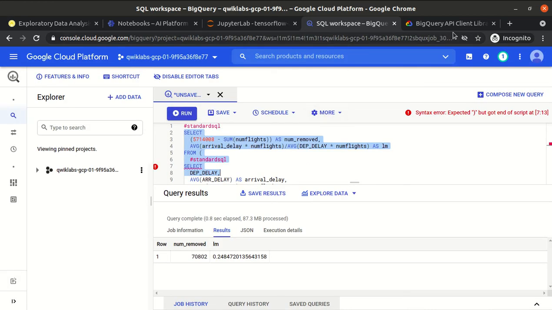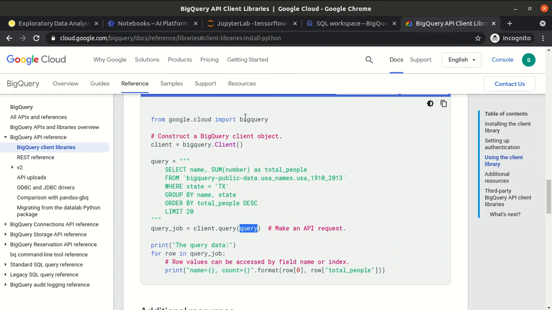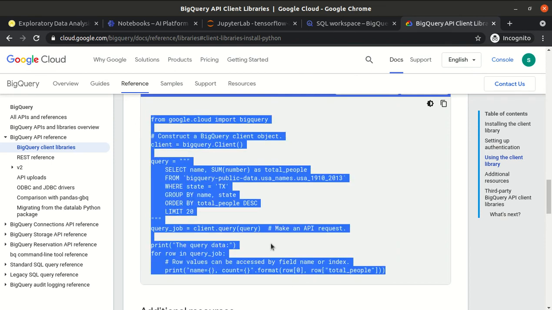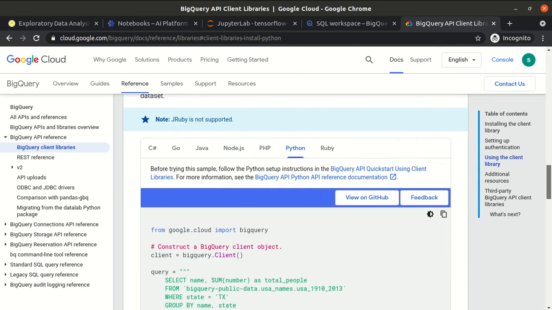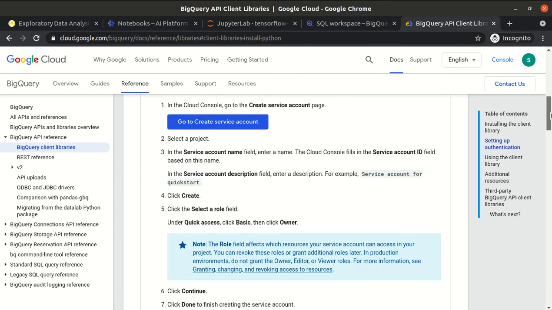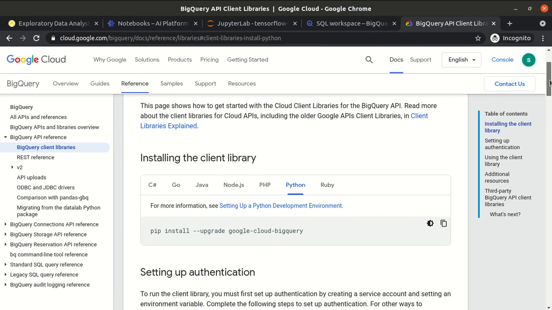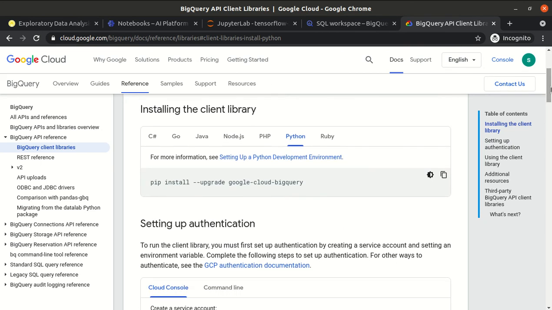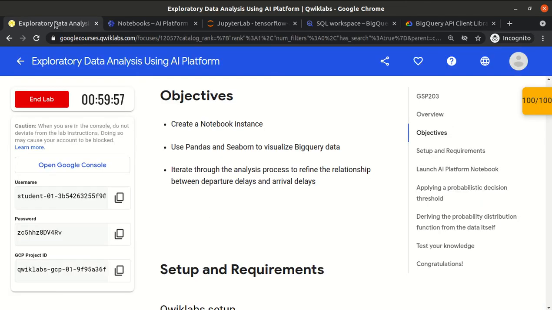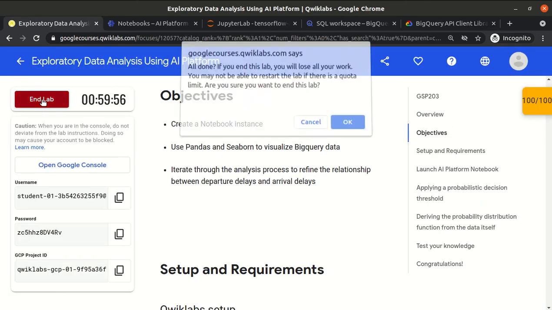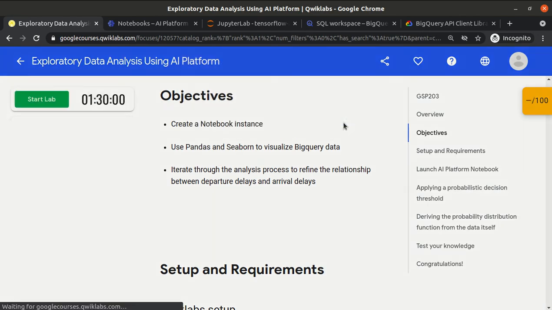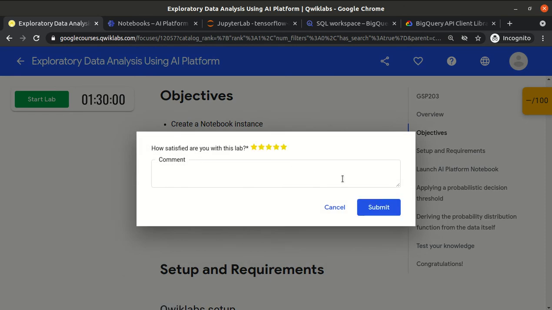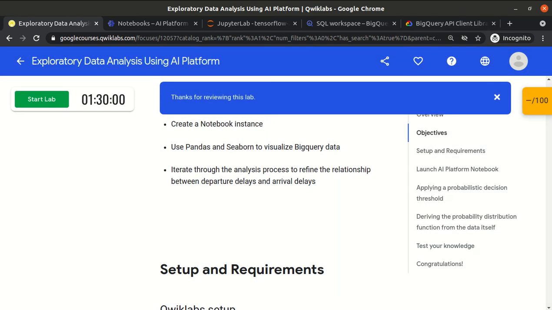We have to install some BigQuery library, use this code basically, and convert it to a data frame. Once we have the data frame, we can plot any graph, either using Seaborn or matplotlib. Yeah, and lab finished.